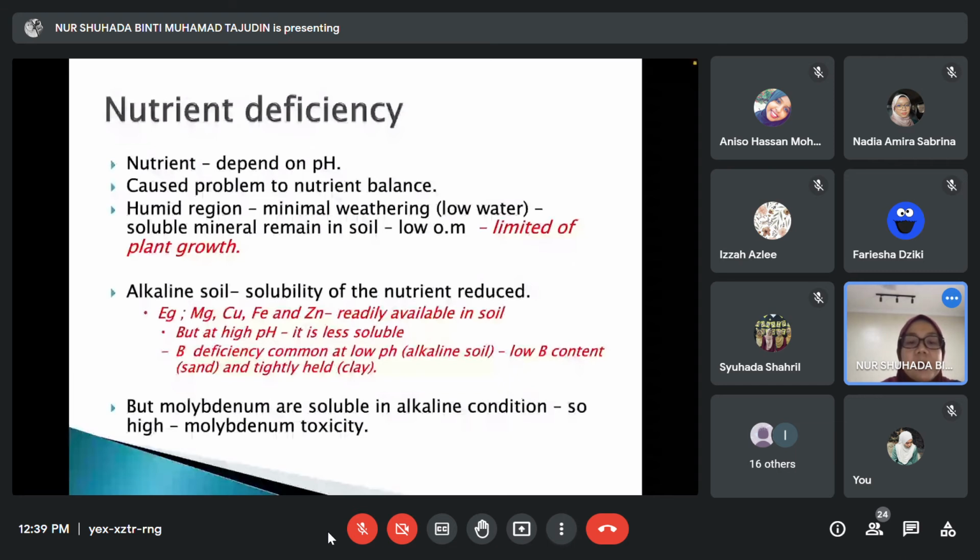Magnesium, copper, iron and zinc are readily available in soil, but at high pH they are less soluble. For example, phosphorus will tend to bond with calcium. It turns into compounds, and the phosphorus which you put is not available for the plant to uptake. Remember, nutrients in soil have to be stable, because when it's in ionic form, in the form of cations